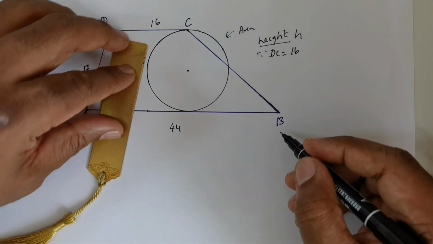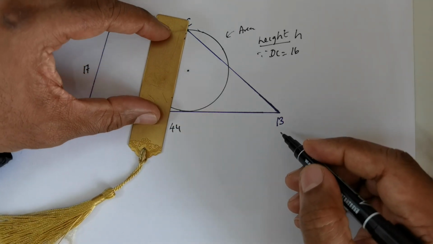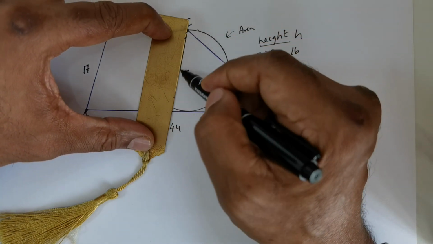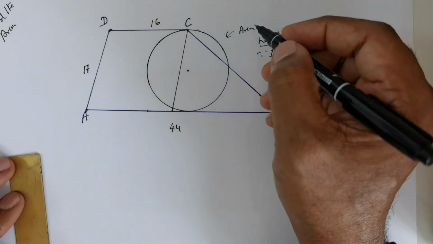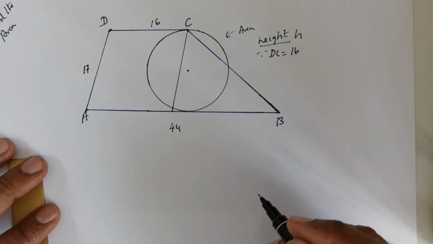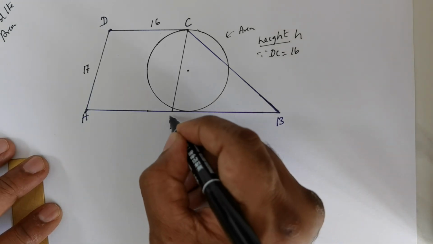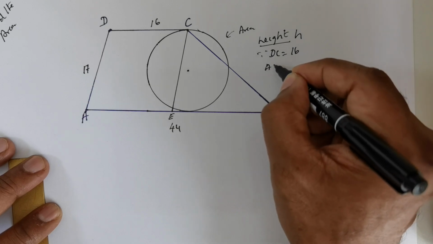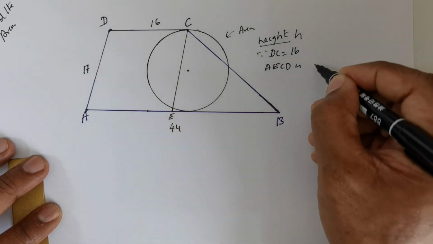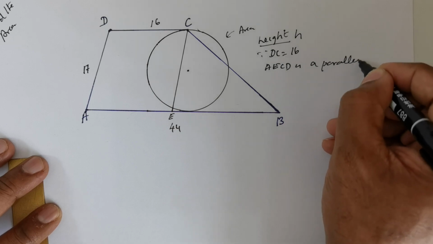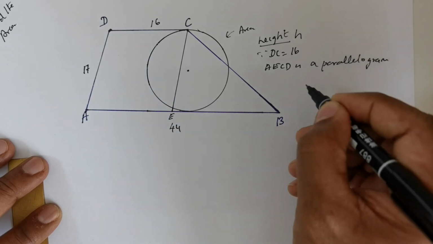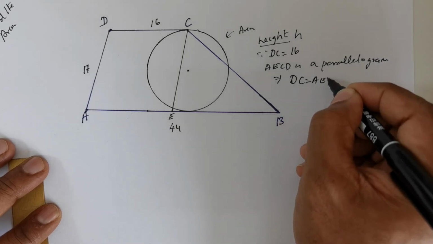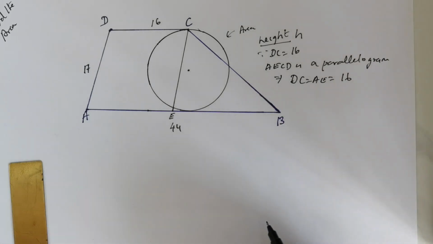So what I would do is I will create a parallelogram here, right? A parallelogram is created, and I will take this as E. AECD is a parallelogram. So this would mean DC is equal to AE is equal to 16 units,